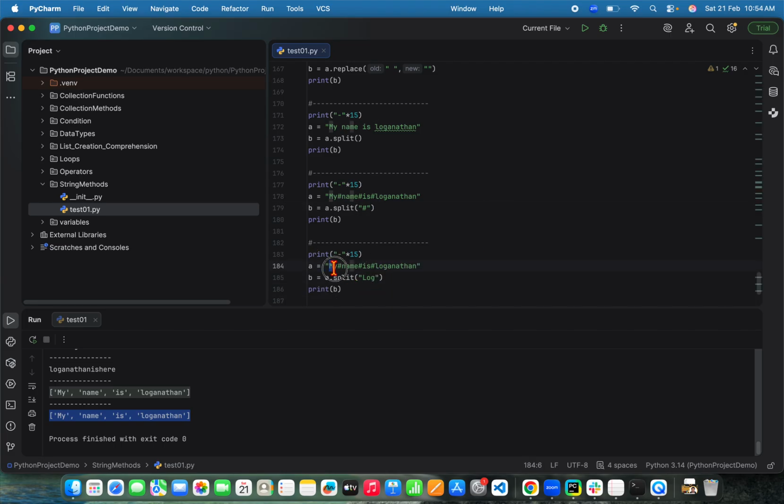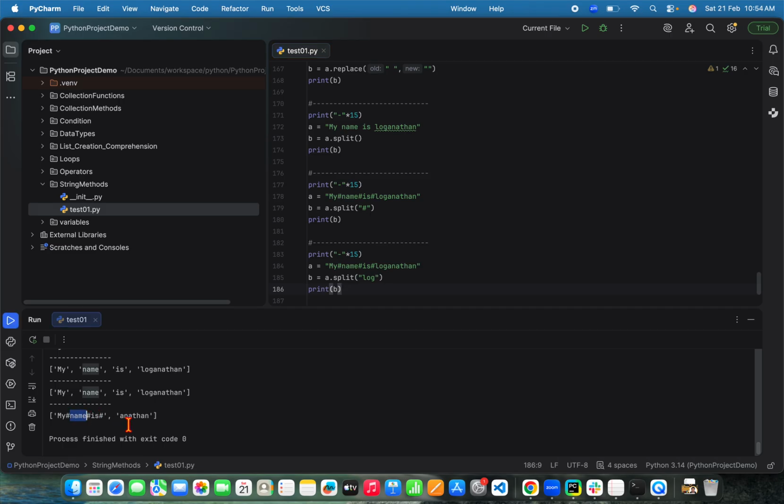This string, "my name is hash", will be in one index, that is the 0th index, and then "ANATHAN", anything that comes after the delimiter, will be in another index, that is the first index. Let's see. Maybe it's a lowercase, that's why. Yeah,